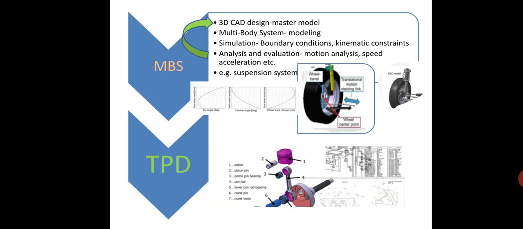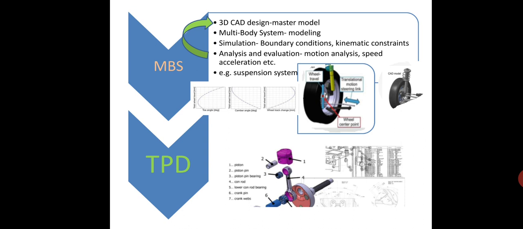Similarly, we can see it in a multi-body system. You can see here a diagram for a multi-body system, an example of a suspension system. A suspension system consists of a number of components. It consists of a shock absorber, an axle, a wheel. So caster, camber, wheel track, all these things we have to maintain, because all these things are present in the same assembly. So again, the functioning of the multi-body system can be done properly with the help of CAD.